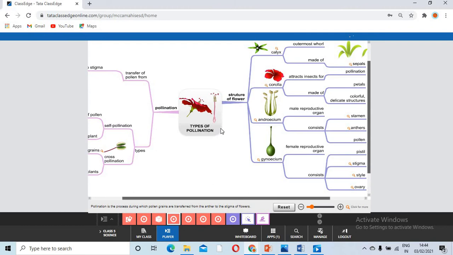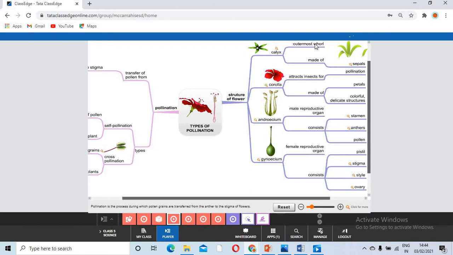You would have already seen this red color one. And we are going to see how we can cut across a hibiscus flower and see the different parts. Now we are going to see in the form of a map. Structure of a flower. First one, let's deal with the calyx. Calyx are nothing but the sepals.